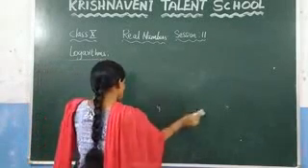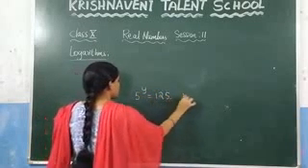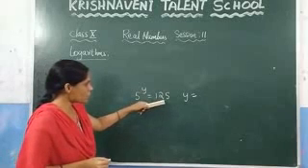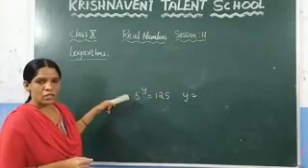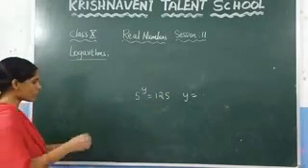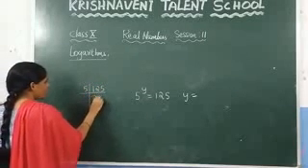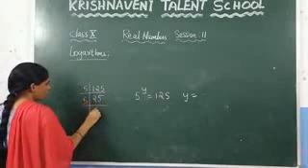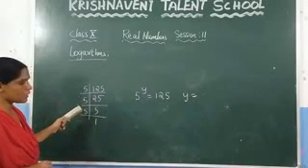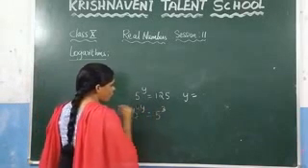Let us do one more problem like this. Let us take 5 power y is equal to 125. Then what is the value of y? Again, we just have to express this 125 with the base of 5. For that you need to find the prime factorization of 125. It is divisible by 5: 5 25s are 125, 5 5s are 25, and 5 1s are 5. Now how many times is this 5 repeating? 3 times. So you can write 5 power y is equal to 5 cube.